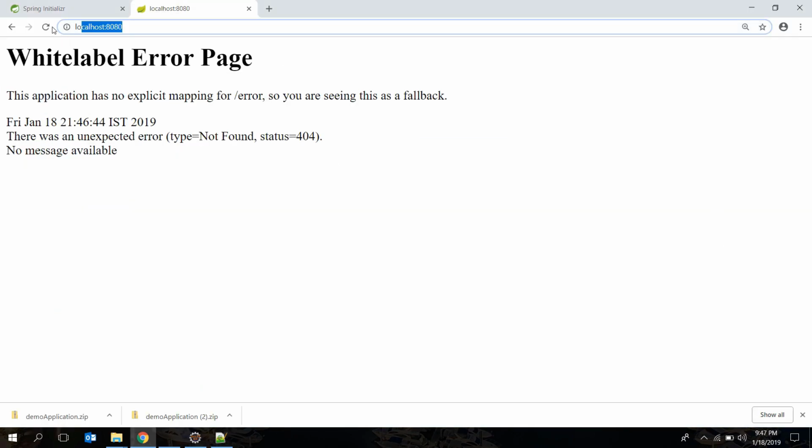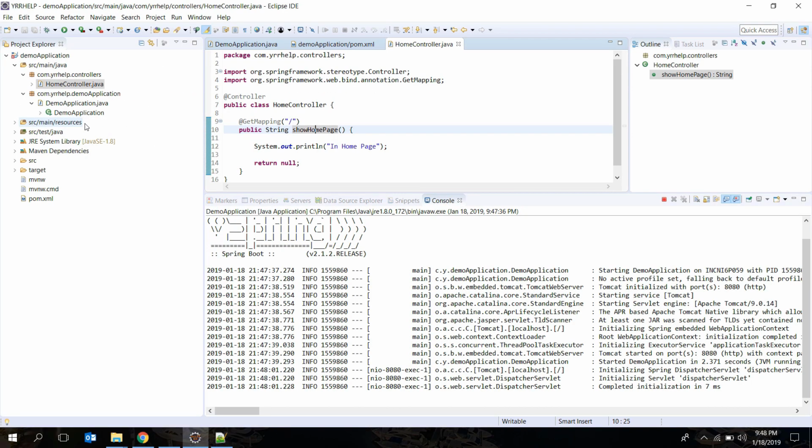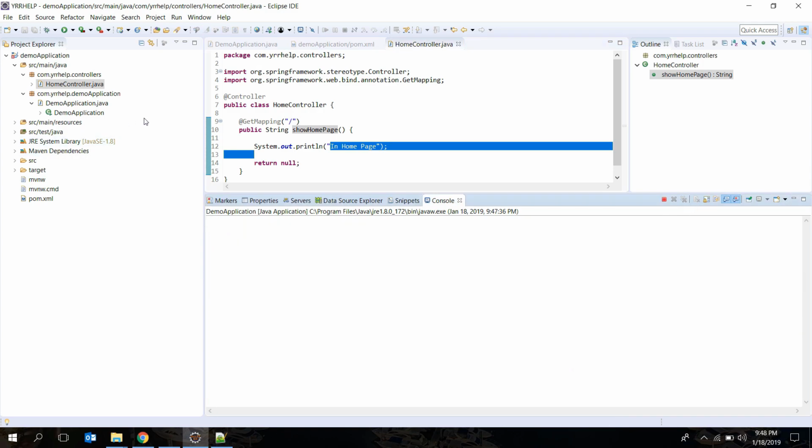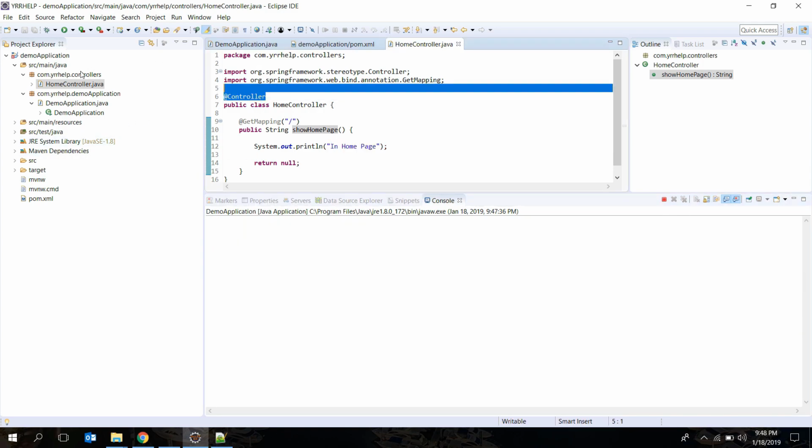I'm just going to reload this again. Now it doesn't make any sense because we are not adding any views here. But as you can see, it's not loading, it's not printing the line. That's because we have added a controller, but we have to tell Spring to component scan particular